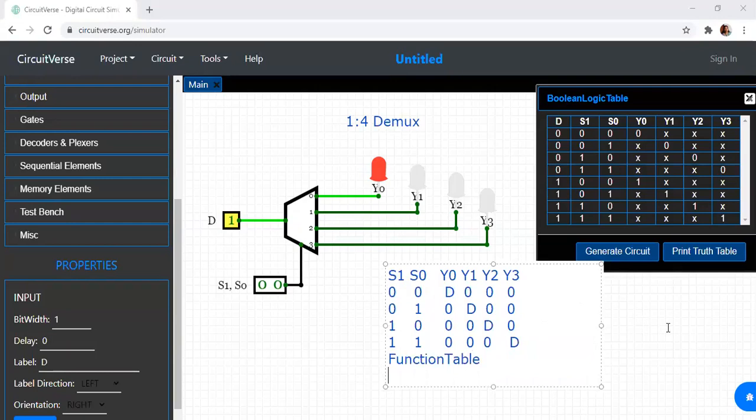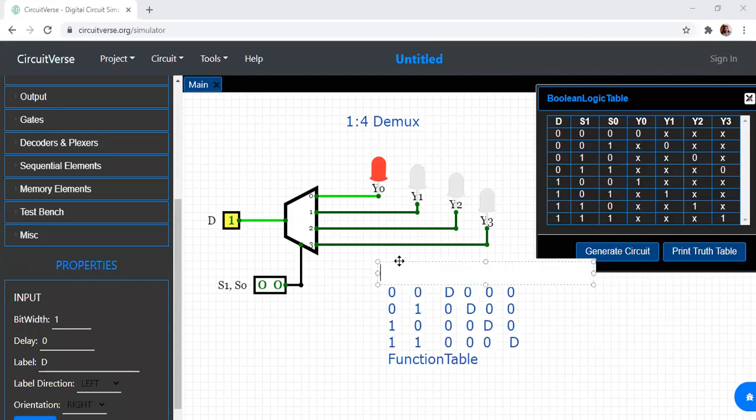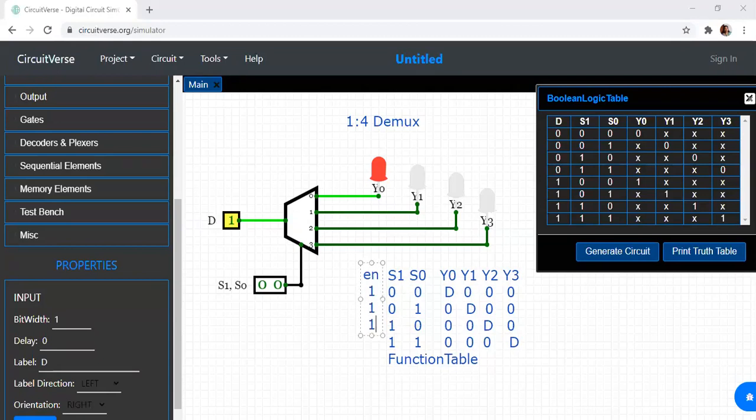Okay, now next what I want to show you is what happens if you have an enable. So let me have an enable over here. What happens if I have an enable as one more input? Suppose I'm having an active high enable. The device is active high enabled. So when enable is 1, it will be working. When this combination is 1, it works. Again, when the next combination is 1, it works, and when the last combination is 1, it works.